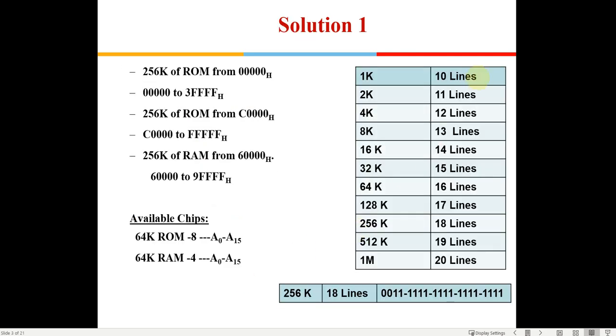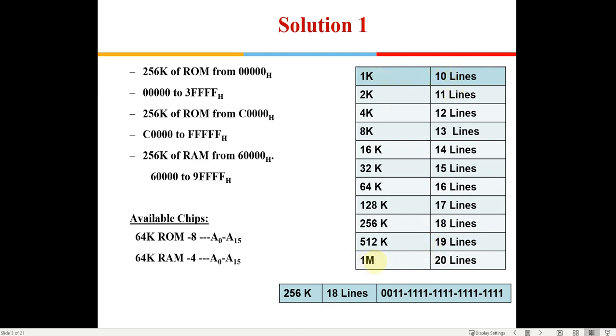One thing we need to keep handy is this particular table, so it becomes pretty easy. If you see, for 1K 10 lines are required, for 2K 11 lines will be required, for 4K 12 lines are required. 10 address lines are required for 1K unique memory locations, because 2 to the power of 10 is 1K.